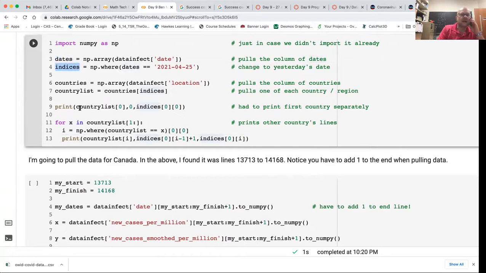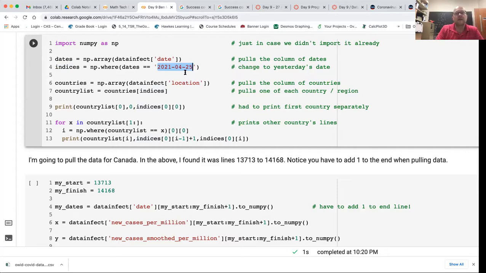And then I asked it to pull out from there every place that it had the 25th of April appearing. Now, maybe I should have done the 24th of April. I don't know, but